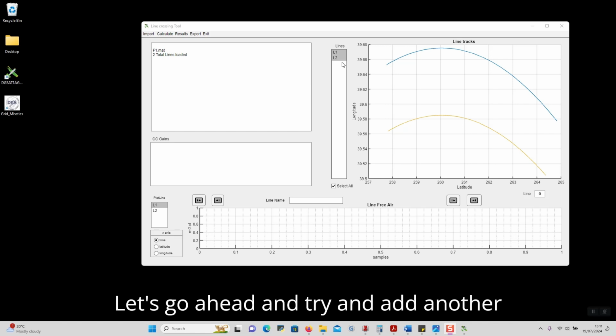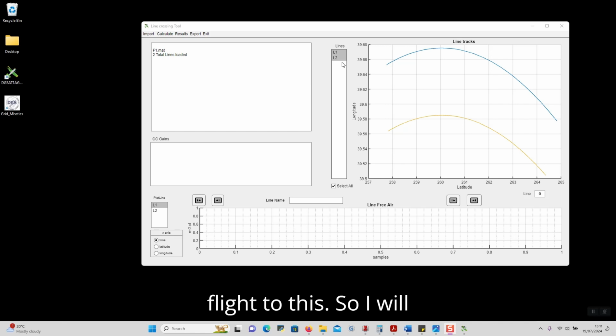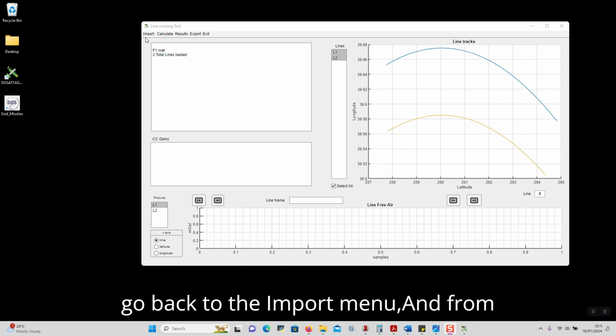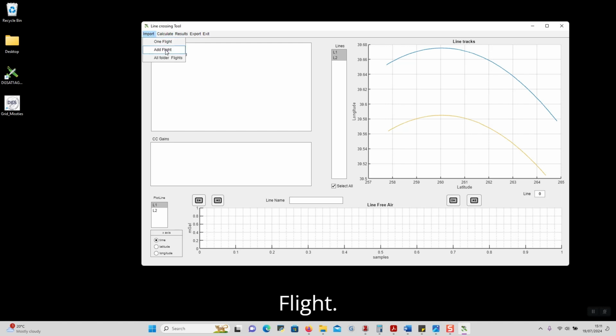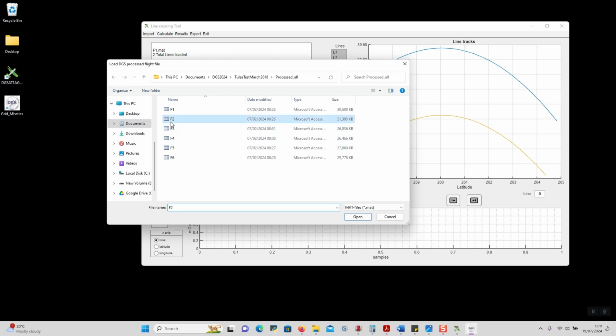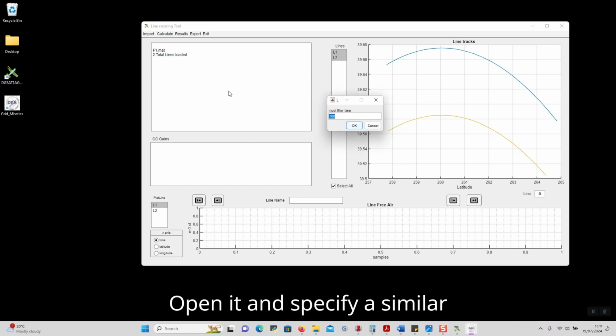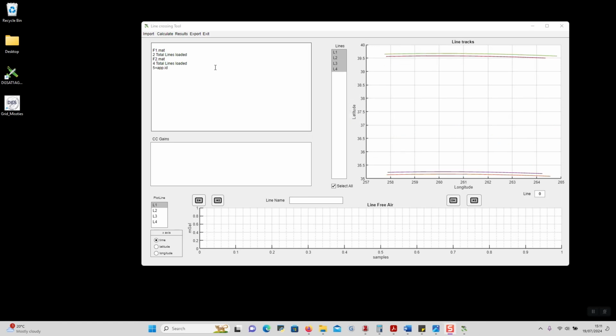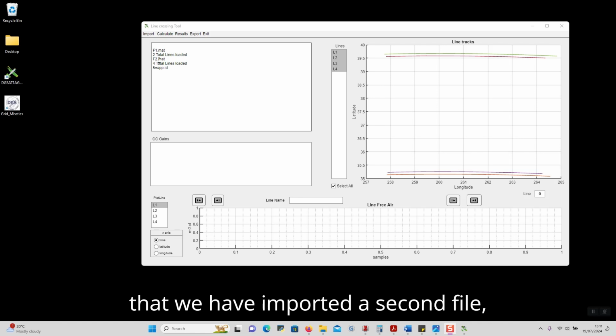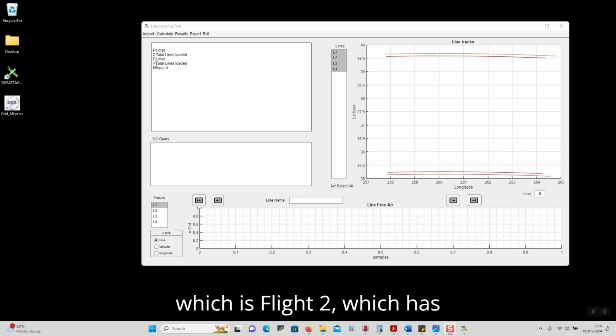Let's go ahead and try and add another flight to this. So I will go back to the import menu, and from the drop down, I will select add flight. I will select flight 2, open it, and specify a similar filter time of 100 seconds. And you will note now that the process log panel logs that we have imported a second file, which is flight 2,